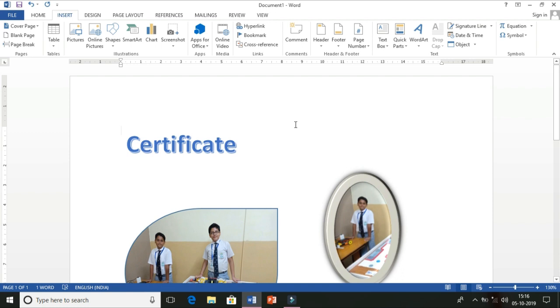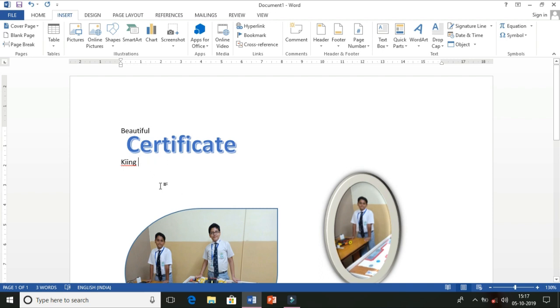Next, let us come to the spelling and grammar option. This is a very good utility in Word. Suppose any spelling that you are writing is wrong, suppose this word beautiful, it is automatically corrected. Suppose take some more examples. Just like king, I want to write king, but I have typed the wrong spelling, so a red line is coming. A red line indicates that there is a spelling mistake.